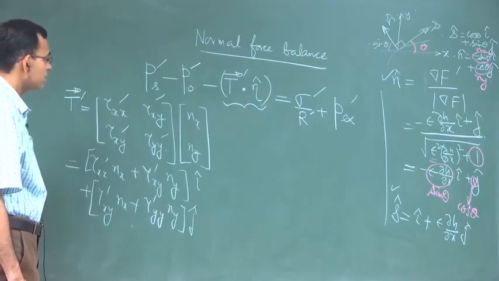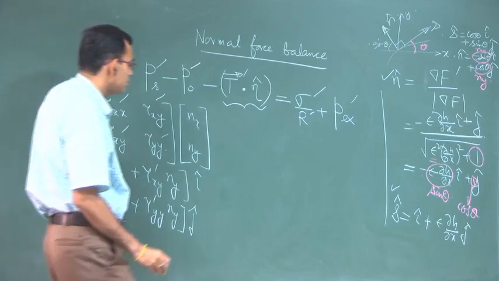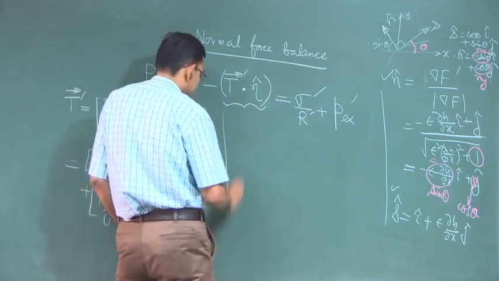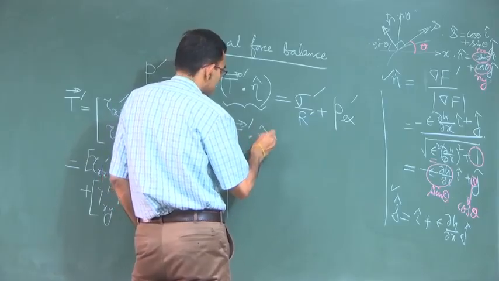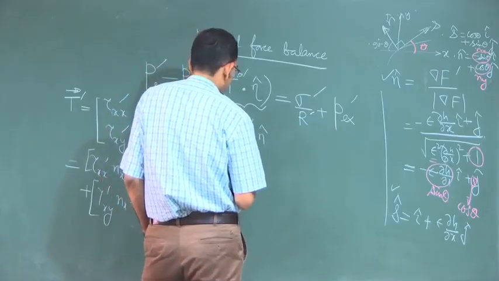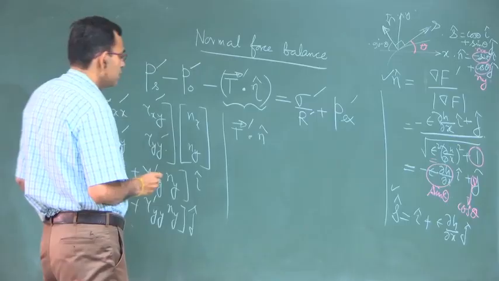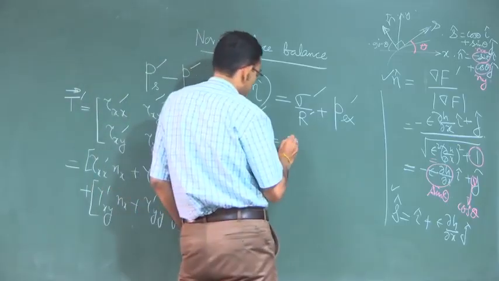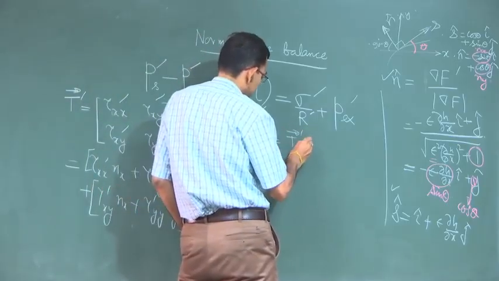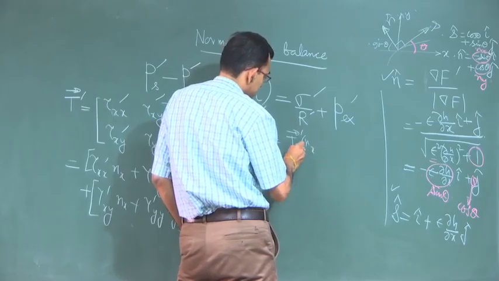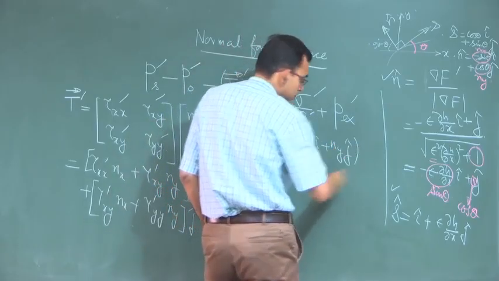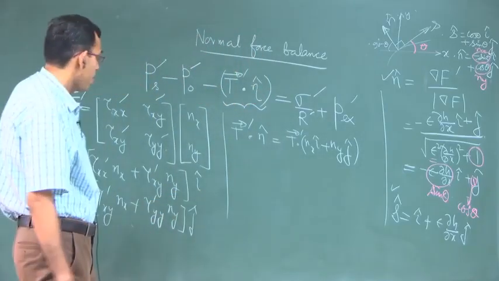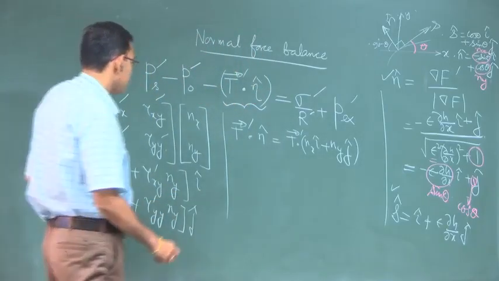So this should be dot producted with n. So n is nx i plus ny j. So this will be